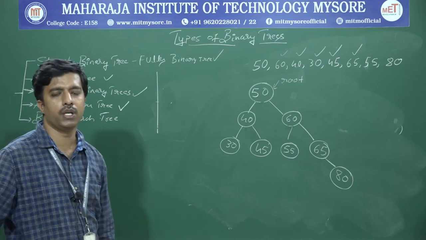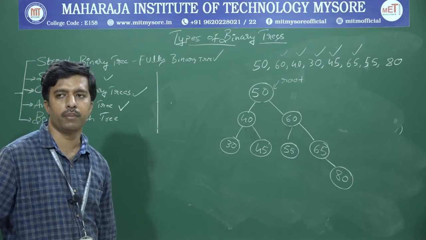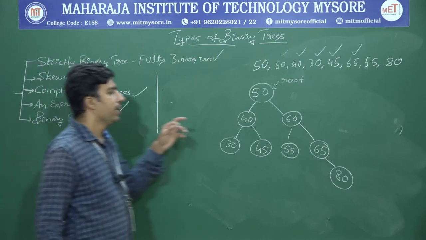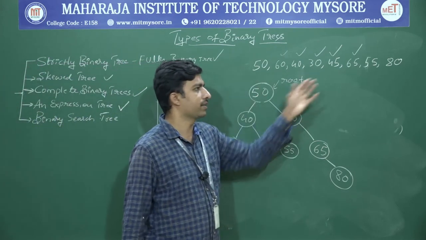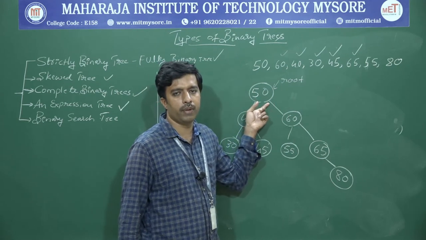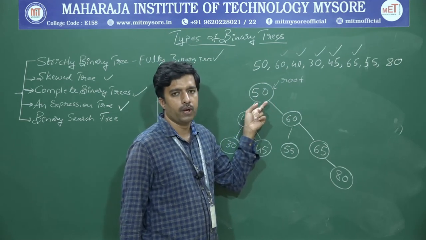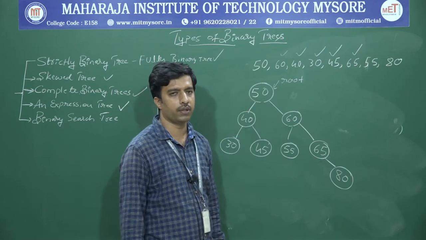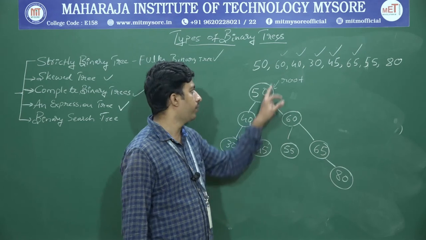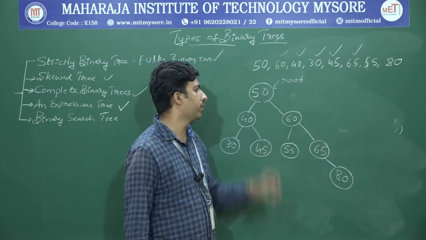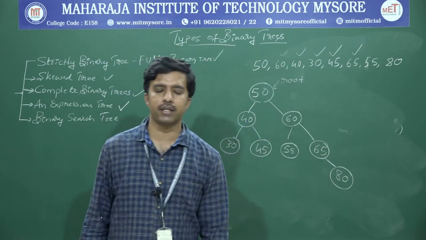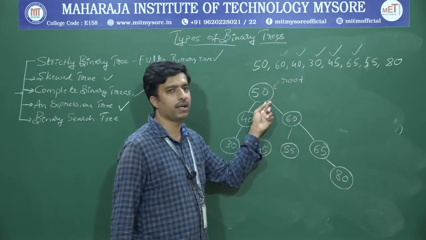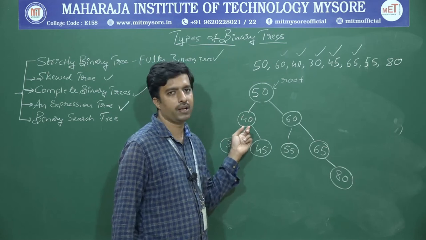Insert the elements into the binary search tree. Simple. In the binary search tree, each and every element is accepted. The first element is considered as the root node. After that, for the elements that come after the root node, we check the values. If the element is greater than the root node, it moves towards the right. If the element is lesser than the root node, it moves towards the left side of it.